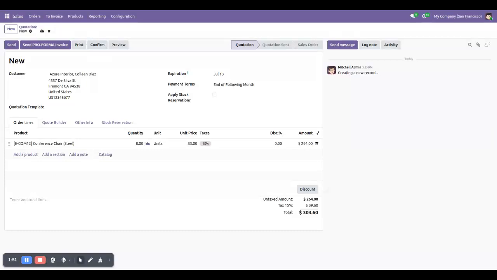here we have one more very important feature: apply stock reservation. If you confirm, delivery will be generated; that will be the Odoo default flow, which works fine. If you wish to apply the stock reservation, you can click here, apply stock reservation. The button will be visible, create stock reservation on the top, and a smart button is also available for the reserved stock. Let's create the stock reservation before confirming the sales order.